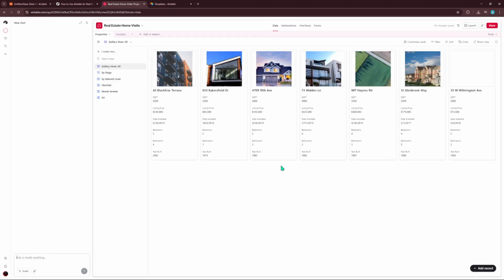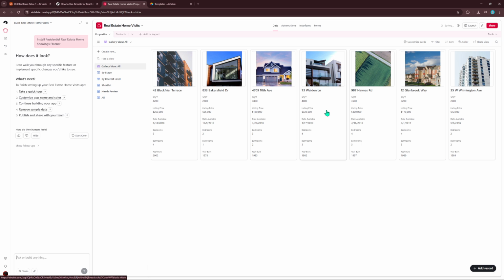From here, you can rename the base to match your project, skim the tables to understand the structure, and review the example records to see how everything connects. As you get comfortable, replace sample data with your own, tweak field names to match your terminology, and adjust views to highlight what matters most. Small customizations like color coding statuses or filtering for active listings can make the template feel perfectly tailored to your process. And that's how to use Airtable for real estate